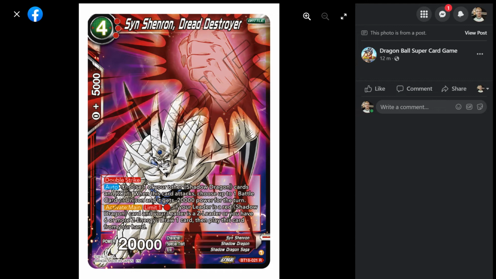Double strike, choose one of your other Shadow Dragon cards and KO it. When this card attacks, choose up to 1 battle card or unison. It gets minus 20k power for the turn. So this one, actually, you have to sack off another to get the minus 20k. So that's interesting. I'm really hoping there's a payoff for, like, one of your...